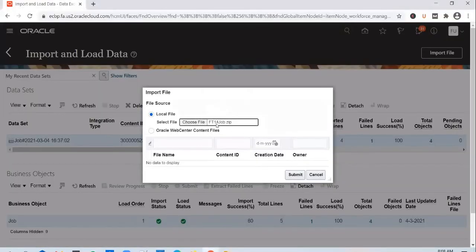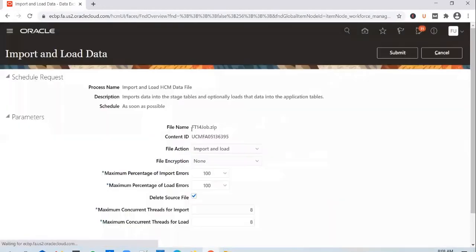So when you choose a file from local drive here and hit the submit button, the same thing happens. HCM Cloud will upload this file to UCM and stamp the content ID back. So click on submit. This file from your local drive is uploaded to UCM and a content ID is stamped back now.